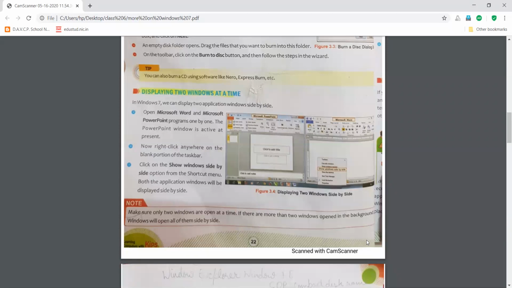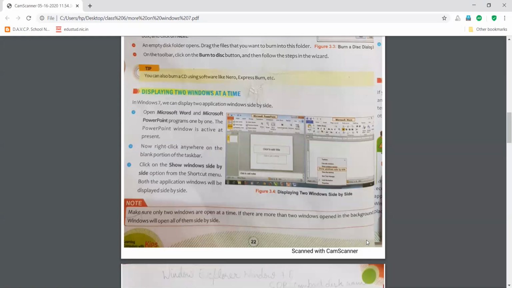And then, on the taskbar. Now, what is the taskbar, beta? Just below your screen, you will see where the start button is, the search bar is also there, some kind of apps can also be there on your taskbar. On the right hand side of it, you will see the date, today's time right now, Wi-Fi options, etc. So this is basically your taskbar, and you are supposed to right click on this taskbar